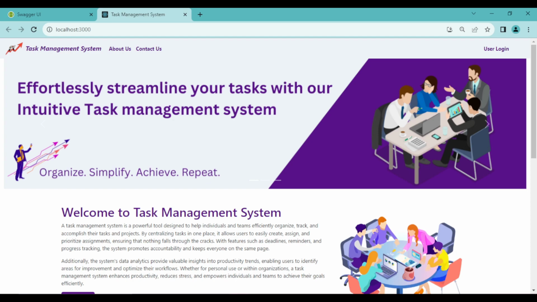Okay, so now our React application is also running fine, and we can also see our project UI on the